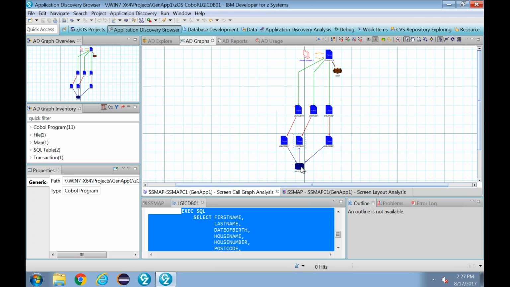So there is so much manual work involved, even for a small, simple transaction like this. So imagine in a real life case where you have a transaction which calls a number of programs, the amount of manual work just increases. It increases like tenfold. So a diagram like this, which helps you really identify and isolate flows, helps you to narrow down your analysis to what you actually need to do.